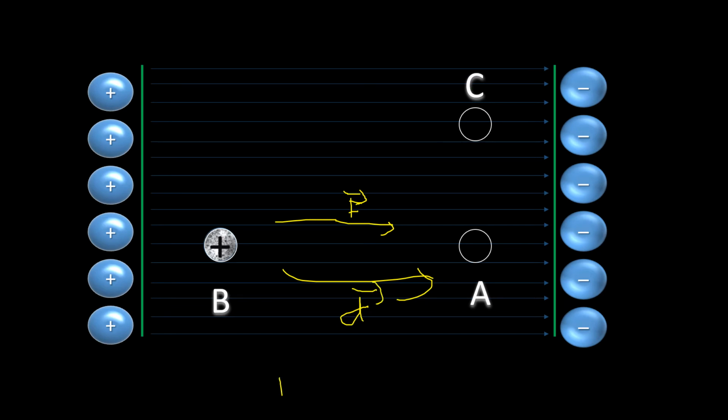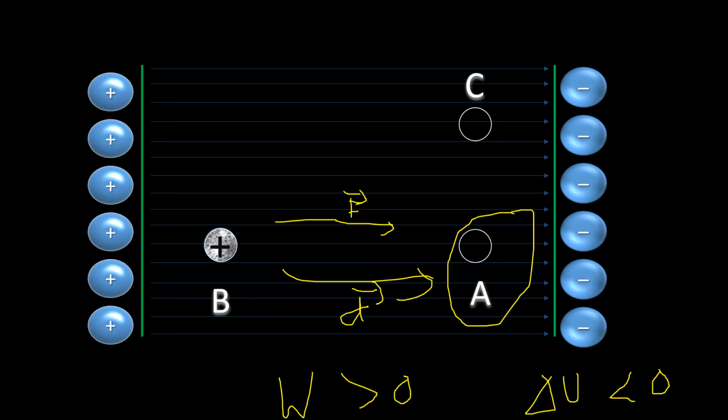And what if work done is positive? If work done is positive, change in energy will be negative, and it is very logical also. Going from B to A is like a cylinder rolling down the slope, so potential energy decreases, very obvious. The charge will be more comfortable at point A, and so its potential energy will be less. So when it goes from B to A, potential energy decreases, work done is positive.